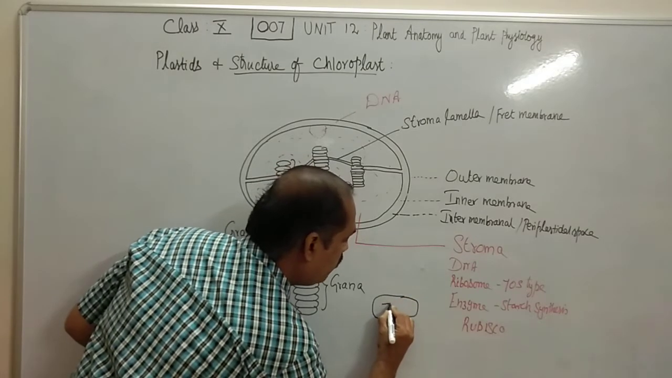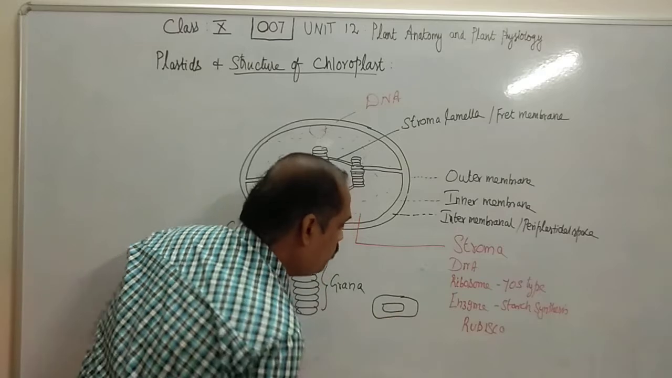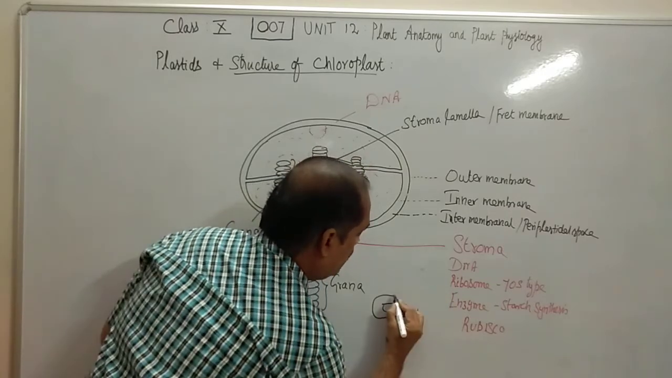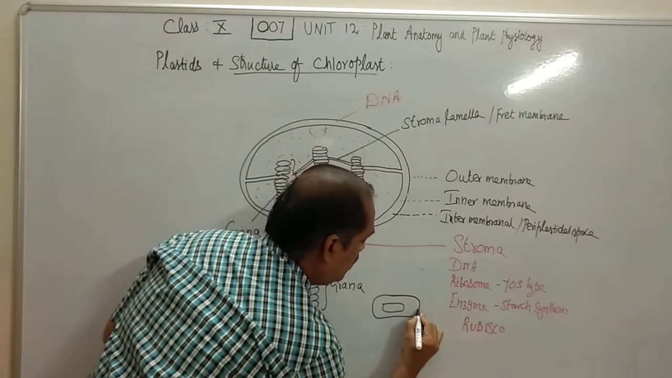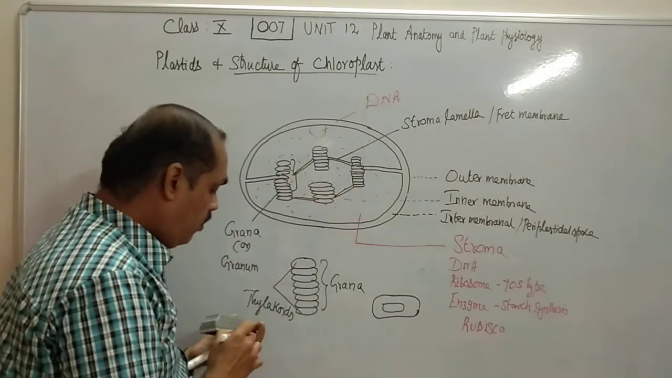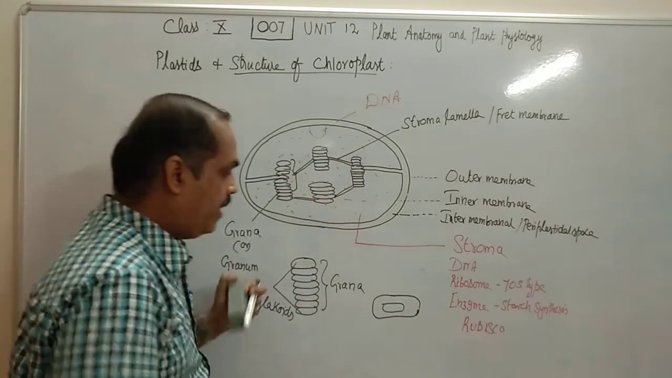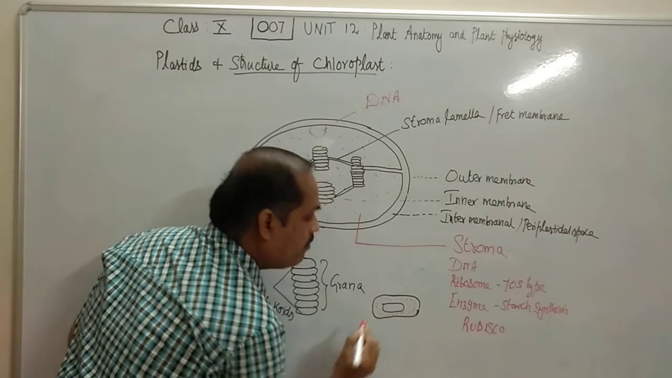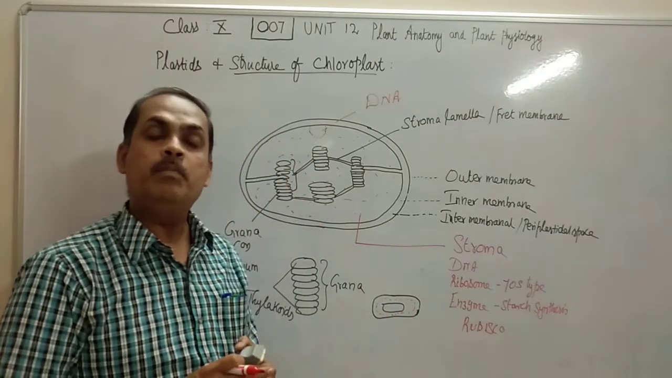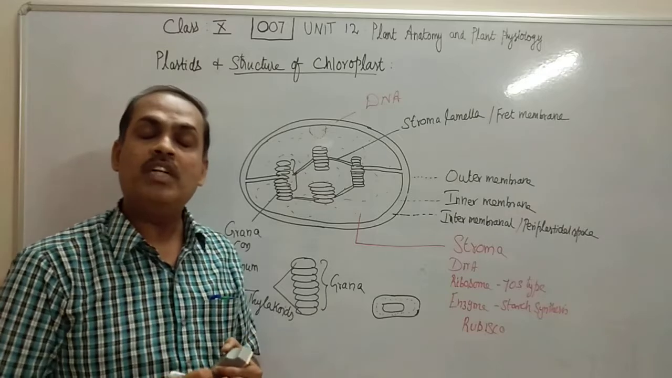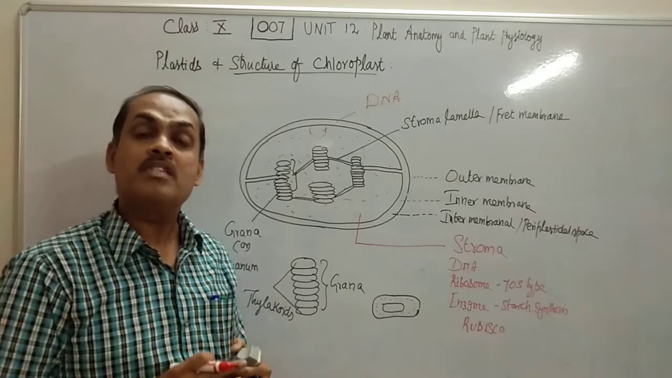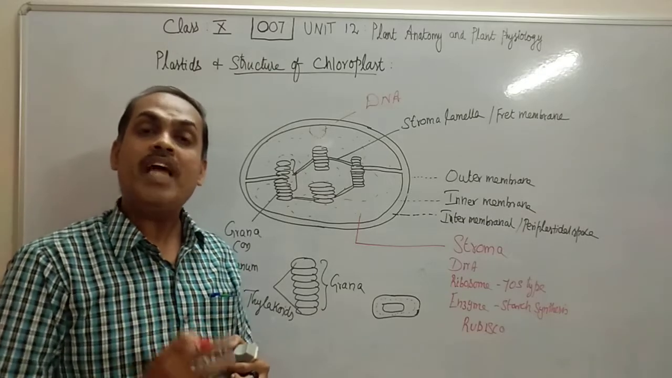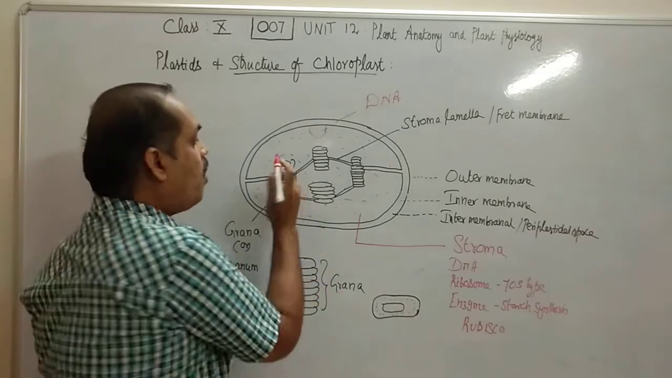If you take one thylakoid, it will be like this. So this membrane will be having a lumen inside. So this is how they are arranged. And on this thylakoid membrane, many pigments are found. Pigments like chlorophyll A, chlorophyll B, chlorophyll C, xanthophyll, carotenoids, and all the pigments necessary for the light reaction of photosynthesis are found in the